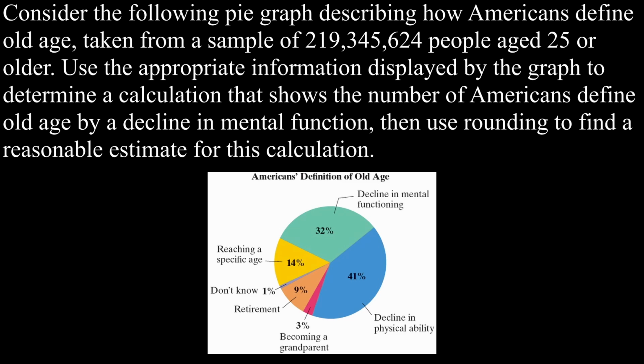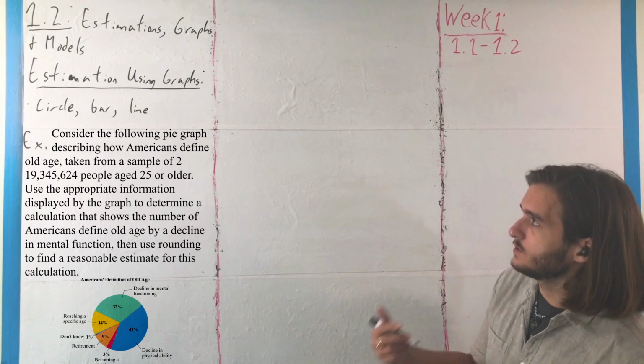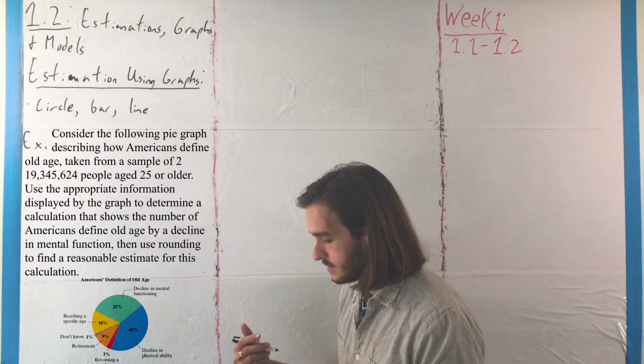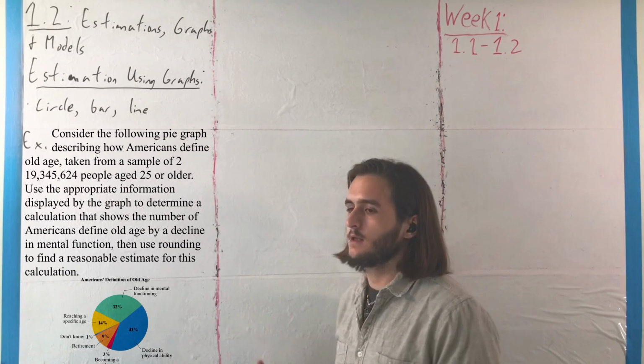So for this example, we want to consider the following pie graph, which describes how Americans define old age, taken from a sample of 219,345,624 people aged 25 or older. We're going to use this to determine a calculation that shows the number of Americans who define old age by a decline in mental function, then use rounding to get a reasonable estimate for this computation. So what we need to do here is recognize that we want to identify the amount out